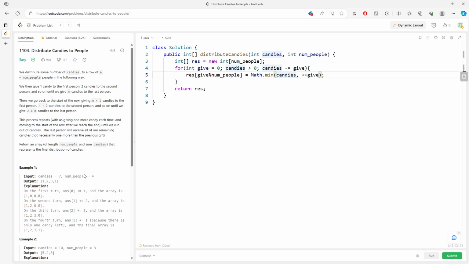So if your remaining candy is 1, but you're supposed to give 4 candies at this time, you'll get 1 candy at the end. But don't forget, we need a plus equal over here. So this is actually 0. Why? Don't forget that the code is compiled from top to bottom, left to right. You increment your give at this position, but when you assign give at this location at result, it's actually 0, right? So if you don't believe, let me run it